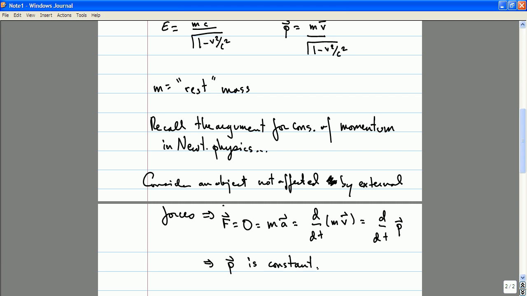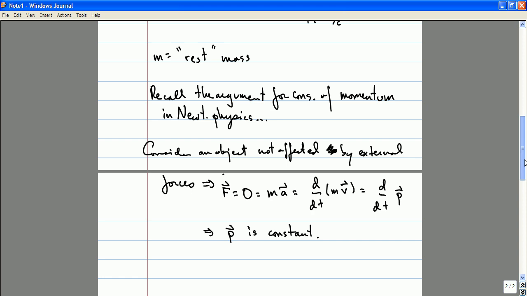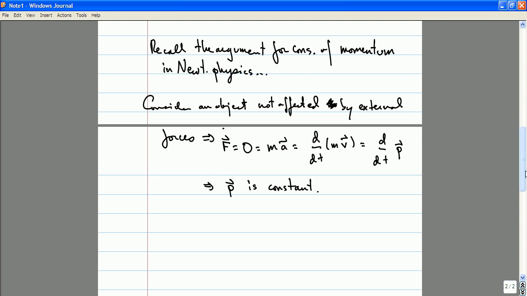In special relativity, if you think about this formula for a second, you'll see that it must be the case that the form for the momentum has to be changed. Why is that? Well, the form of the velocity vector, and hence of the acceleration vector, is going to be frame dependent in special relativity. So, in order to understand this in a little bit more detail,